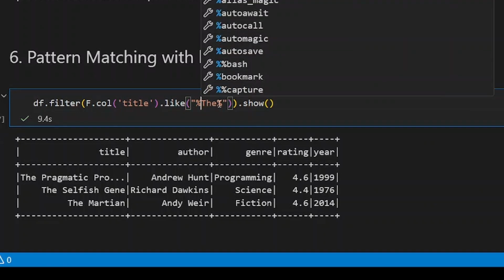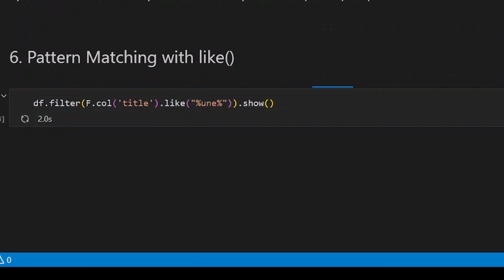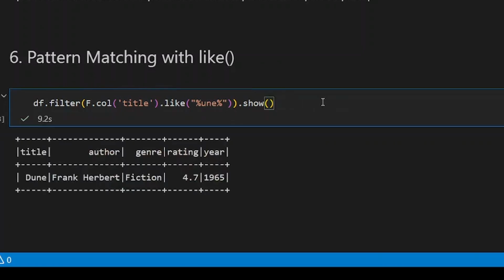And remember, like here is really useful, and we can use the percentage if we want to check if a substring is contained in the title. For example, to retrieve Dune, we will get all the books with a title containing this substring. Then we also can, for example,